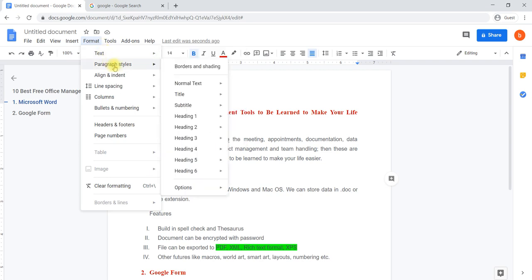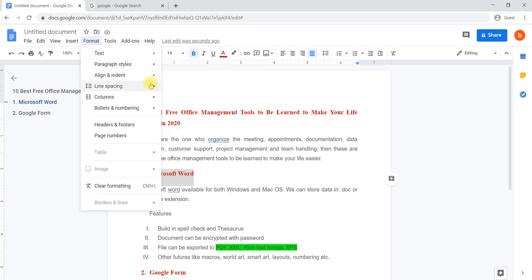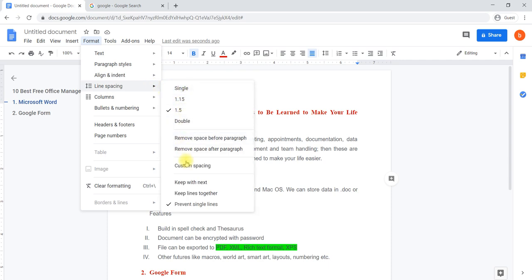Then paragraph related formatting, we already discussed borders and shading, we'll discuss later. And all these things are default styles we have. And alignment: left, right, justified, indent and all. And spacing also we will learn in detail. And